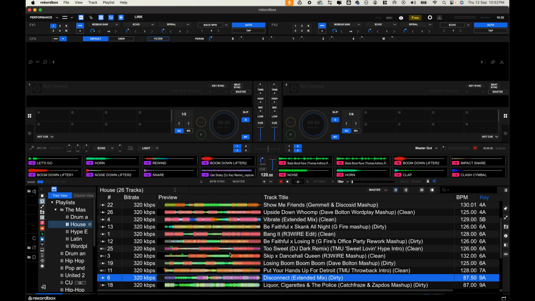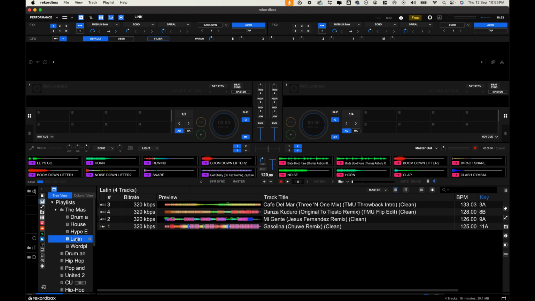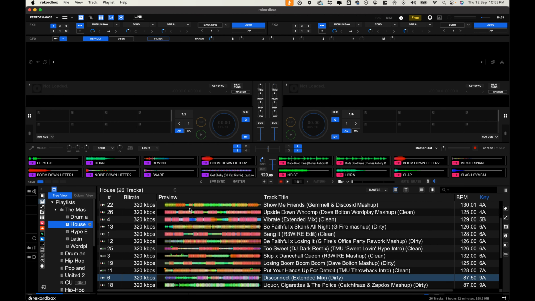So the thing about this playlist is that you will have to make your own playlist of the songs that you have downloaded for the software to analyze the sections of the track. It is very much required, otherwise it will not function properly. So any song that you download, you will have to analyze it in this software for one time and add that track to a playlist. So I have added some tracks and made some playlists. So once that is done,